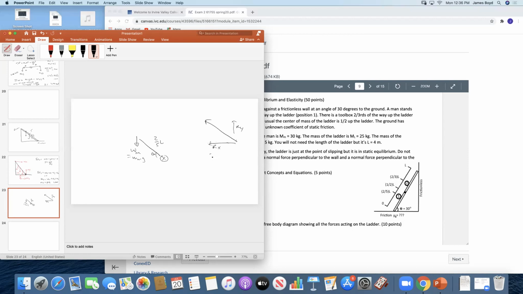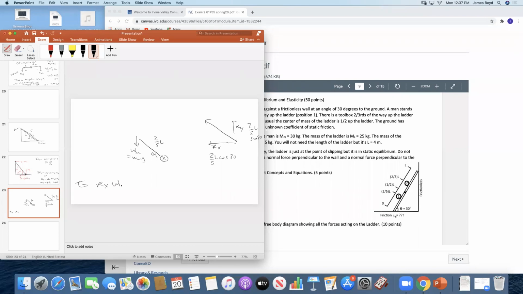And Rx is 2/5 L cos 30, and Ry is 2/5 L sine 30, right? So which one do I want? Which one of these gives me a torque? Well, this force is in the negative Y. If I multiply that by the positive Y, that's not a torque. However, Rx is perpendicular, so the torque due to this man is